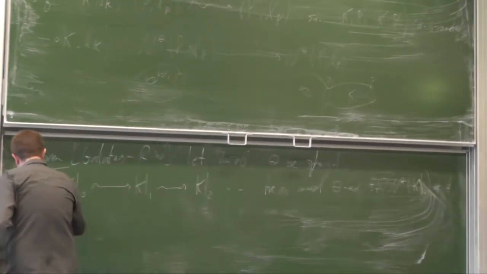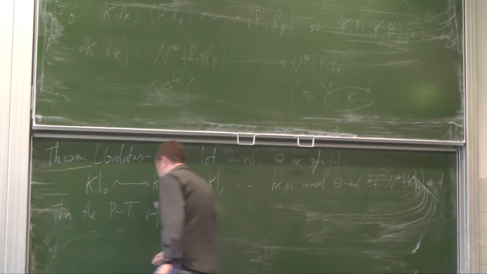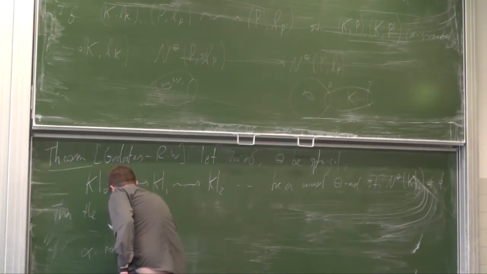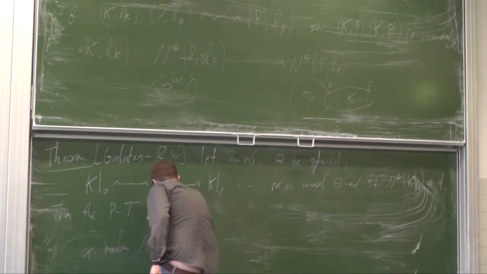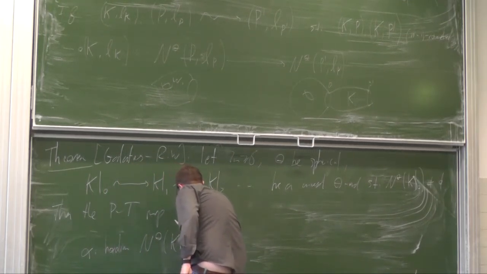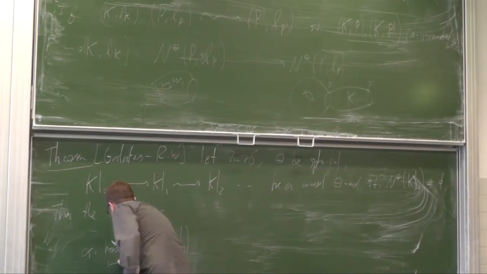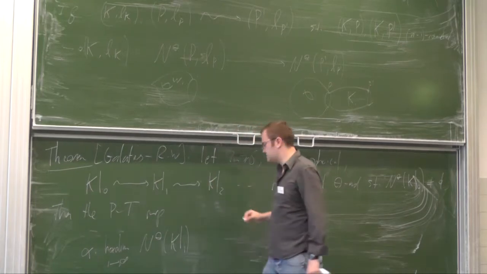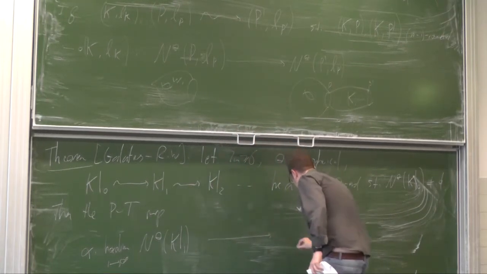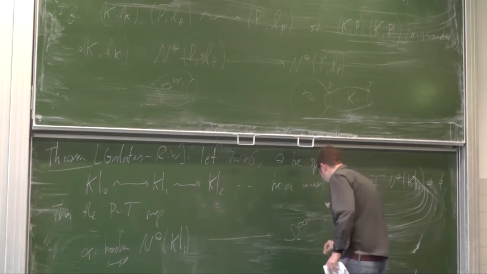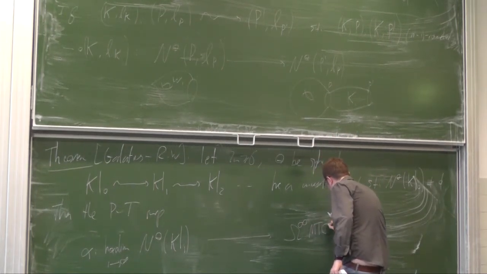Then the Pontryagin-Thom map that I discussed earlier now goes, you can take the limit, from the hocolim of these null bordisms of K_i, and I have all these stabilization maps between them, and I can take the hocolim as i goes to infinity by using these cobordisms. And it goes to the infinite loop space of MT theta